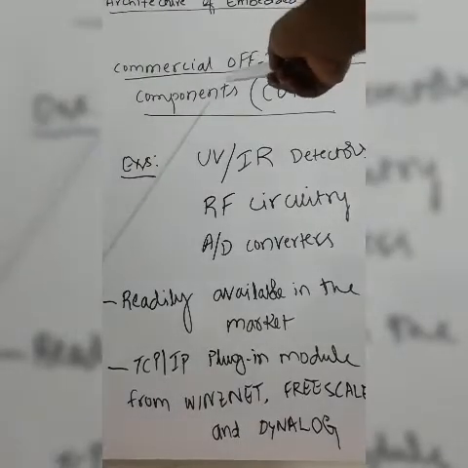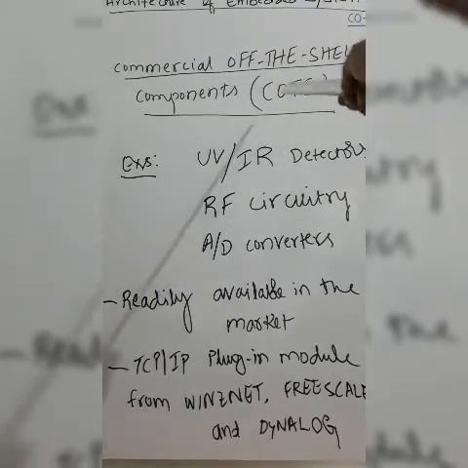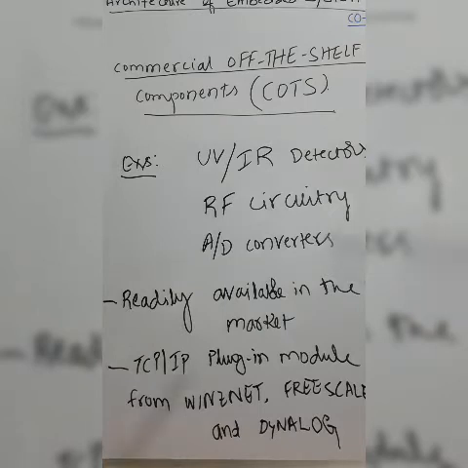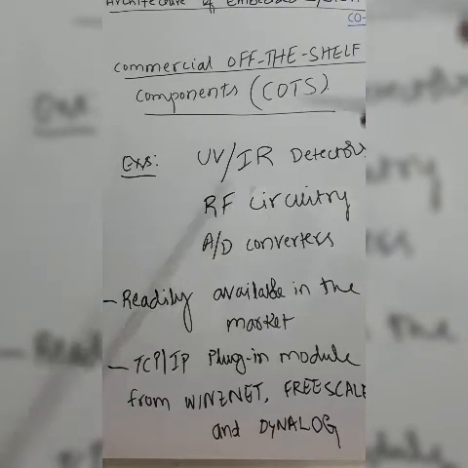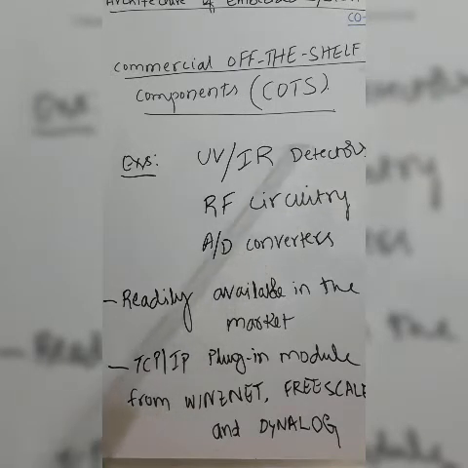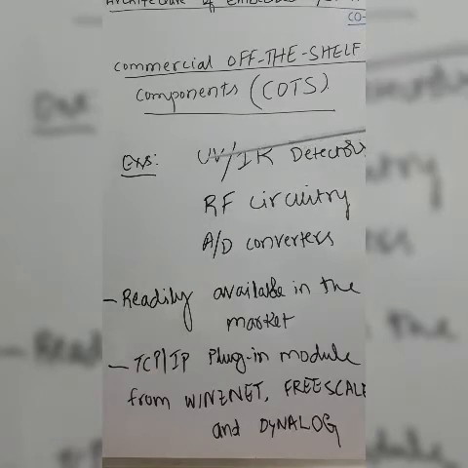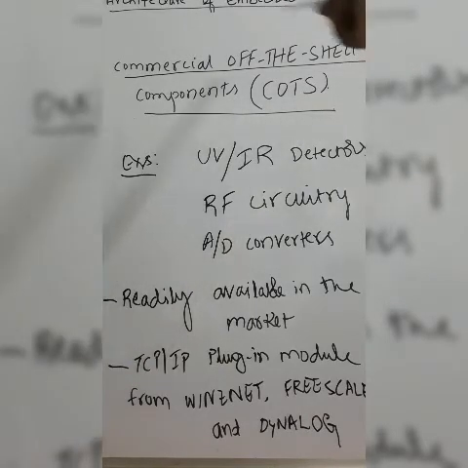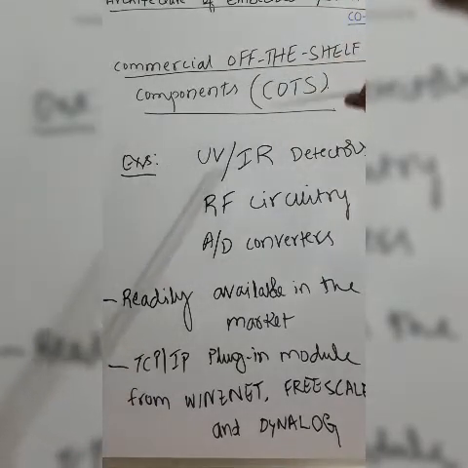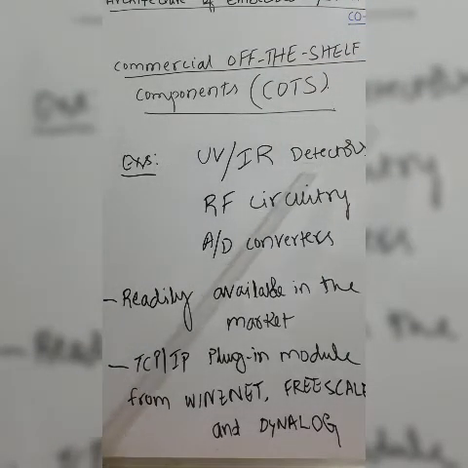Now coming to the commercial off-the-shelf components, which are called COTS. These COTS are readily available in the market to be used. They would have been designed in such a way that suppose you have got an embedded system and you want to bring in or insert, adopt a certain unit, you can directly walk into the market, select any one of these components available in the store, and come and insert it into your embedded system. Such are the commercial off-the-shelf components which are the core components of an embedded system.